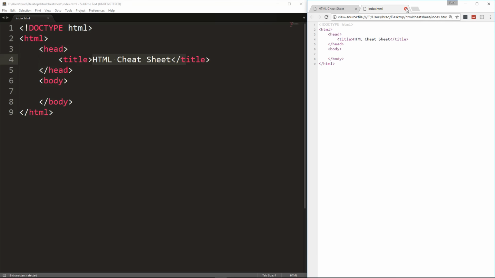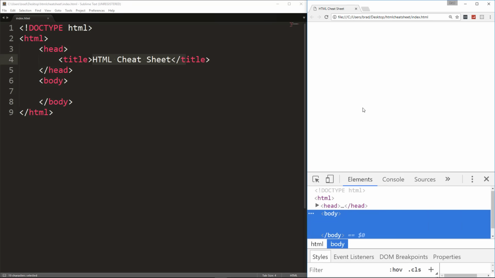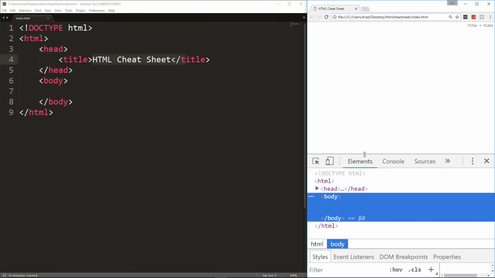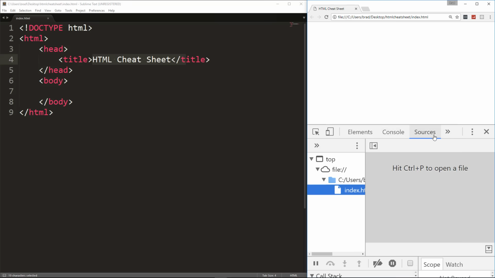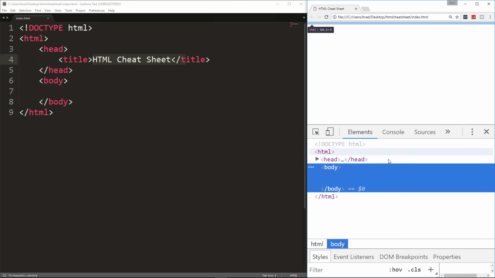All right, so another thing that is very helpful in Chrome and other browsers is the developer tools. If we hit F12, we get this little console down here, and there's different things here. There's the JavaScript console, there's networking, so you can see what pages are loading and so on. There's a lot of advanced stuff here, but for now we're just going to look at the Elements tab, which